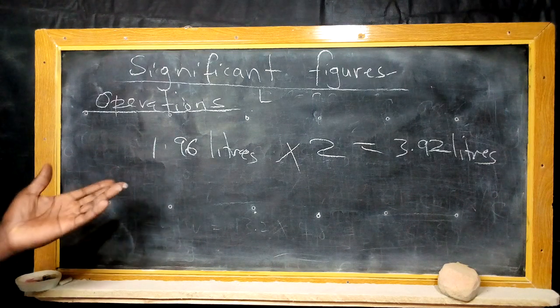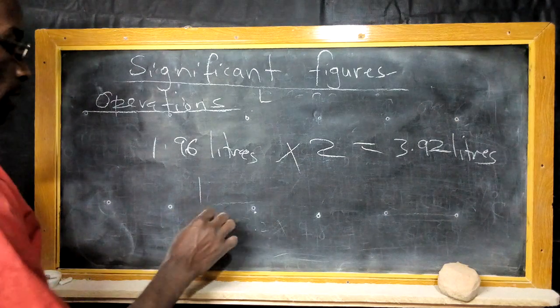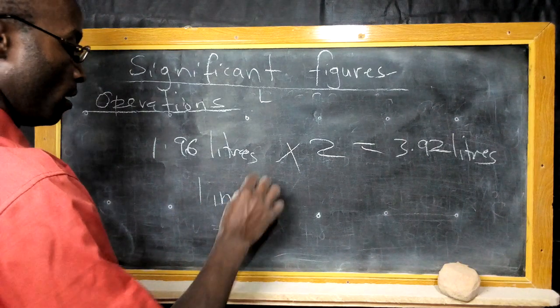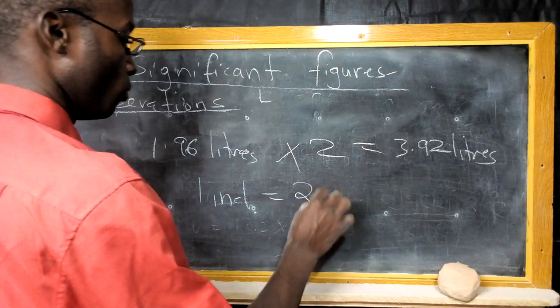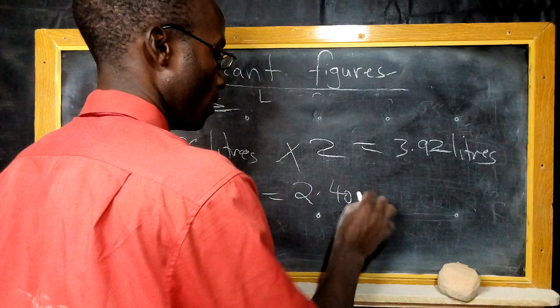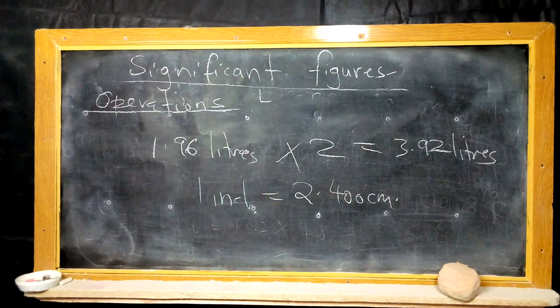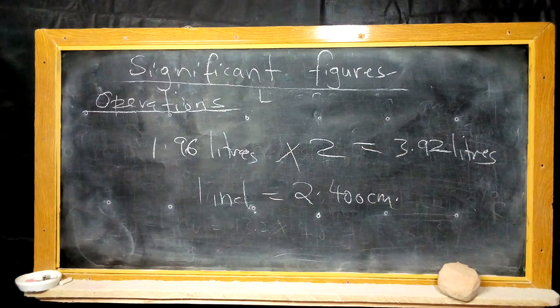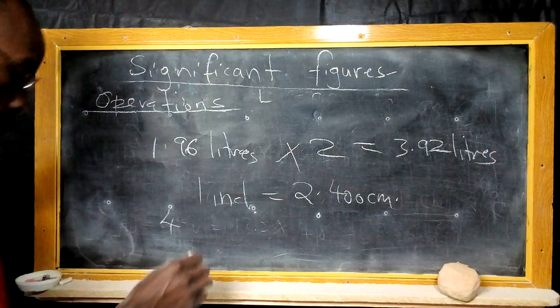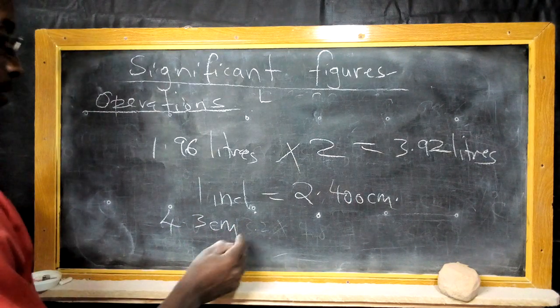Now this applies to quantities whose relationship is fixed by definition. For example, if I say that 1 inch is equivalent to 2.400 centimeters. So in that regard, a measure of a length of 4.3 centimeters in terms of inches, so I just put